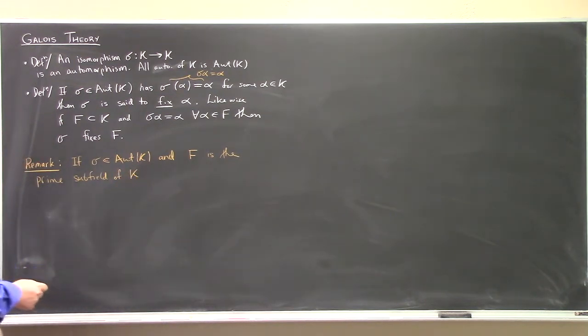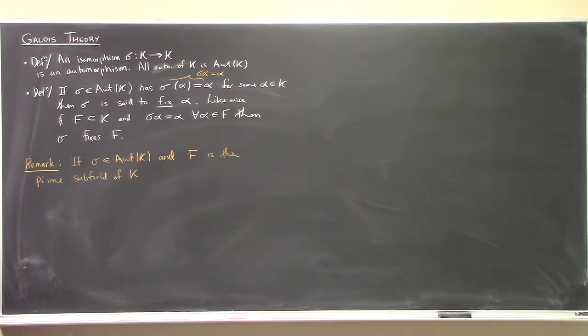So that means F is either, up to isomorphism, the rational numbers, if it's a characteristic zero field, or it is the finite field of characteristic p, right? Those are your choices for prime subfield, right? But anyway,